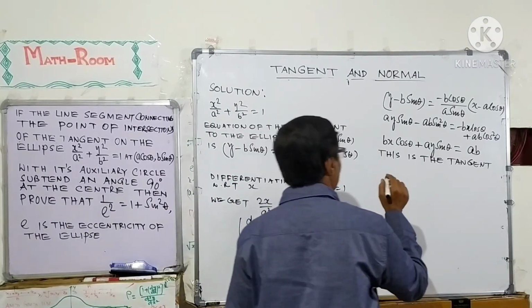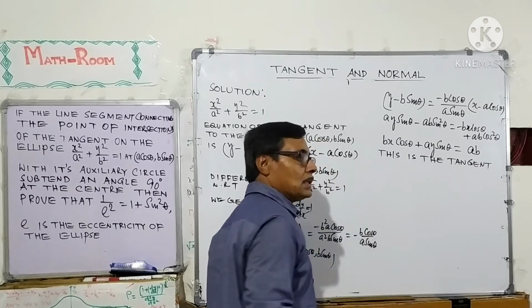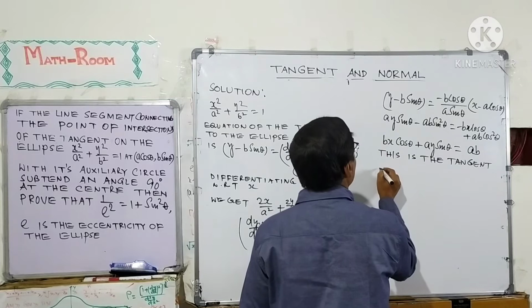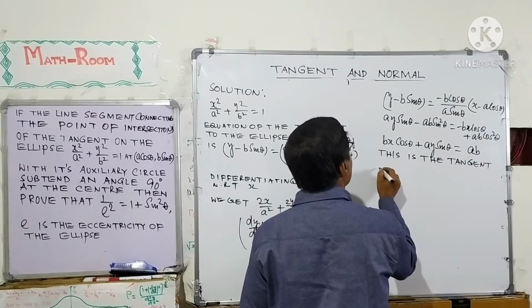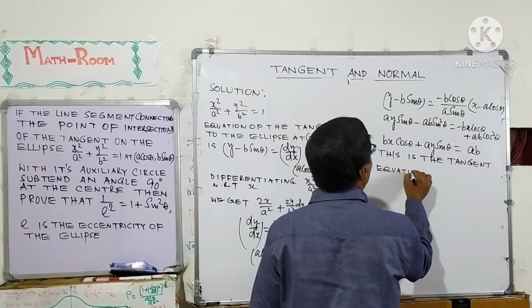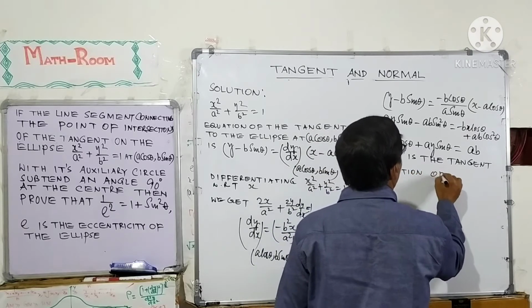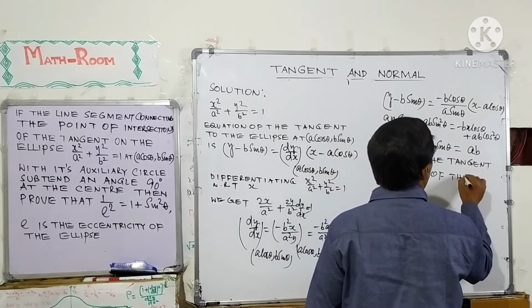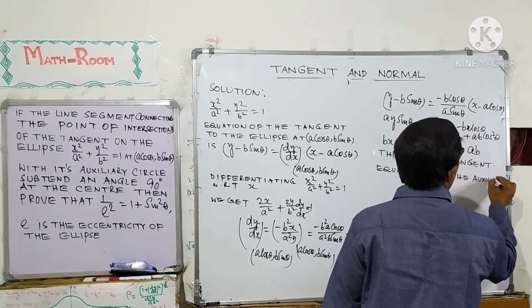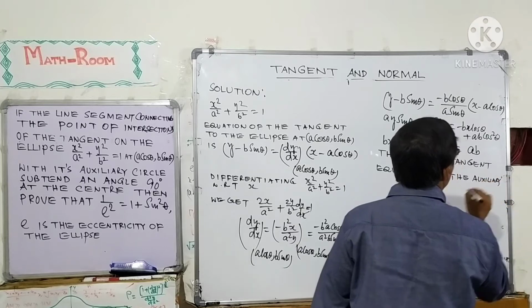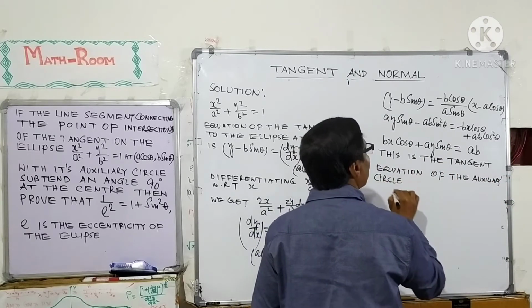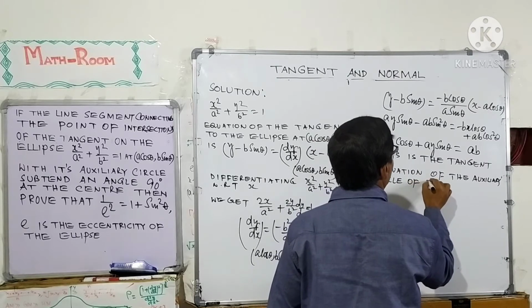At first we derive the equation of the auxiliary circle of the ellipse. We have already known the equation of the auxiliary circle. The equation of the auxiliary circle of the ellipse